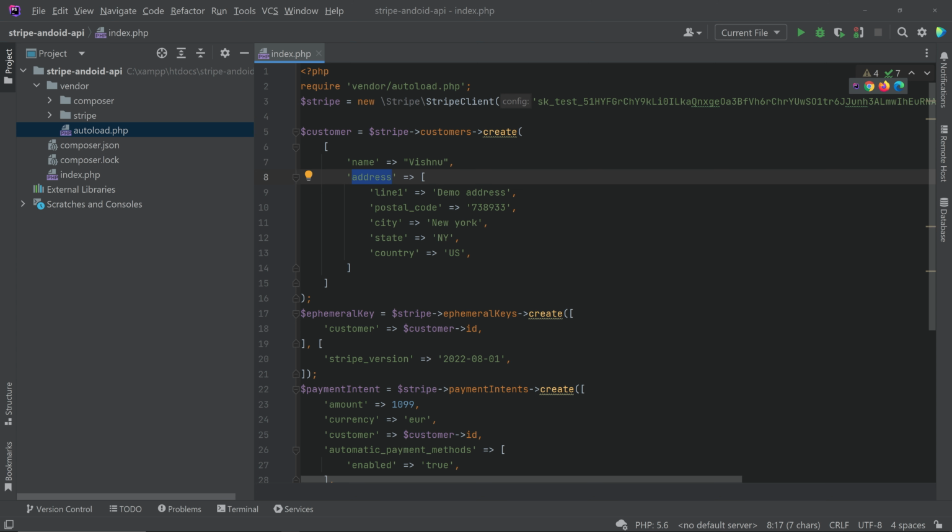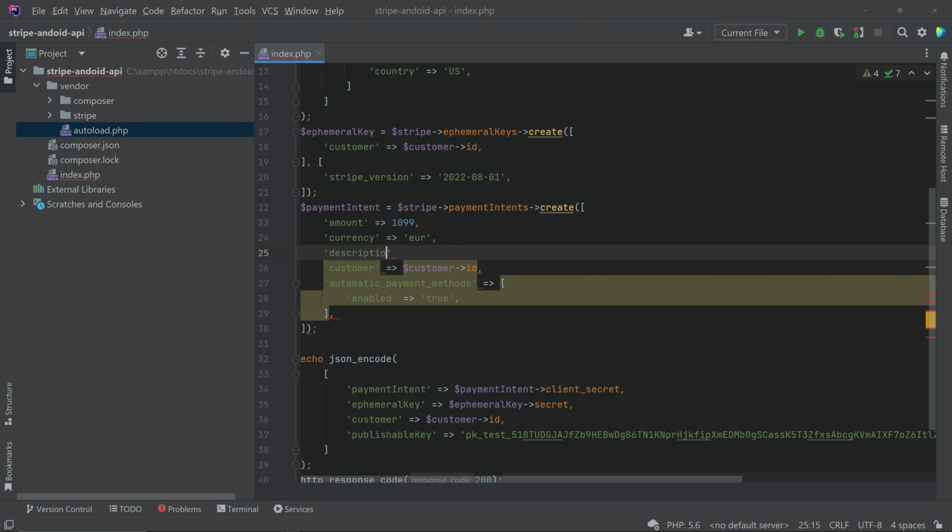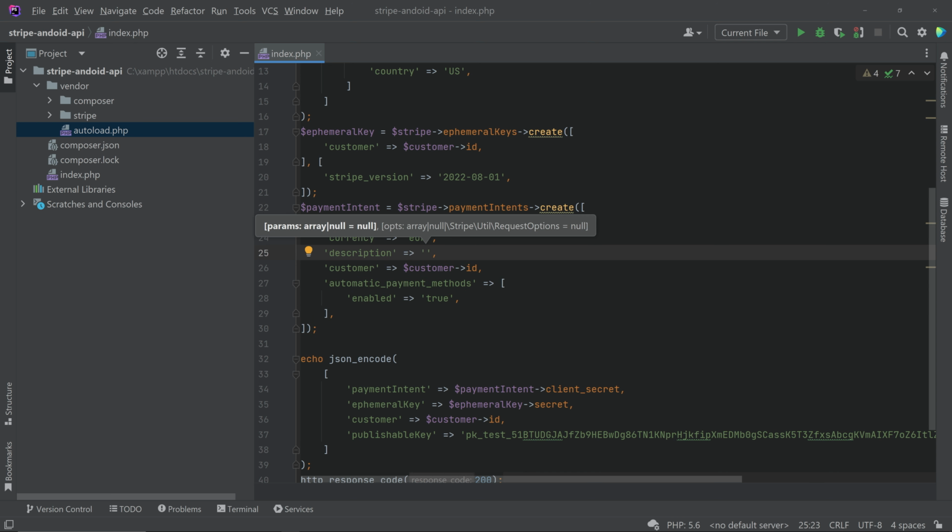So we have to pass the name and address inside this create. Okay, now after that you can scroll down and here we also have to pass the description. Now you can see that we have given the description for the payment, and the reason is payment for Android course. So we have to give the description for the payment. Okay, hope you understand that.